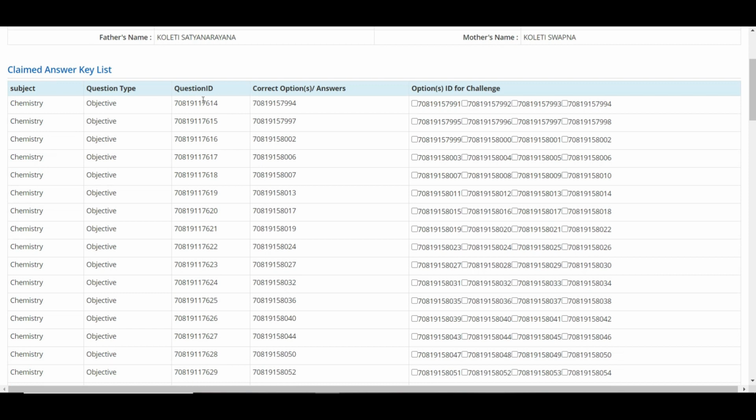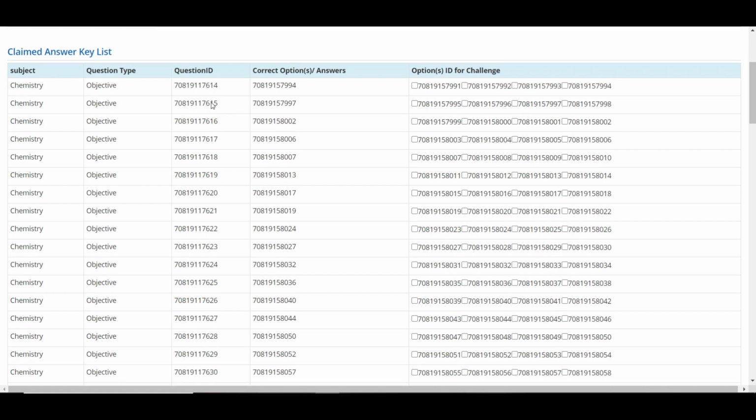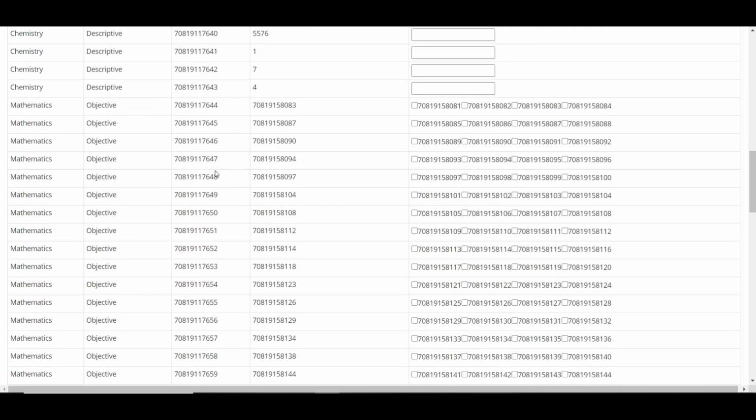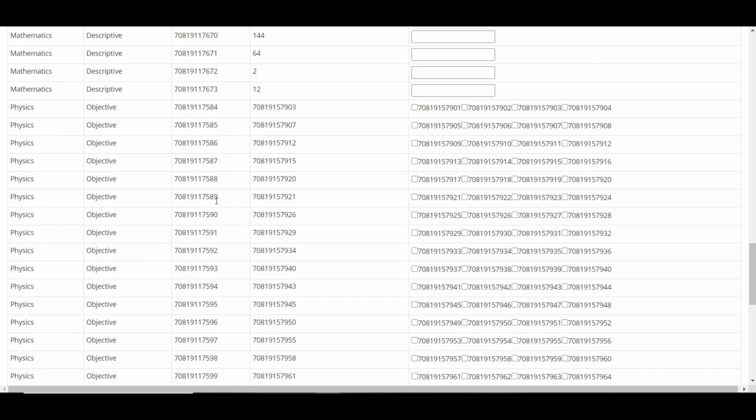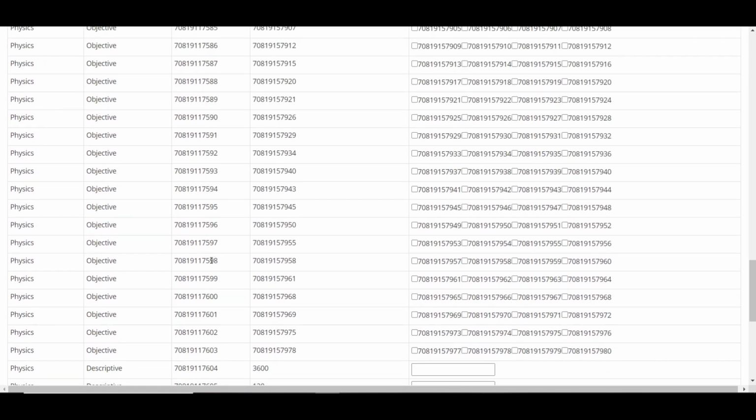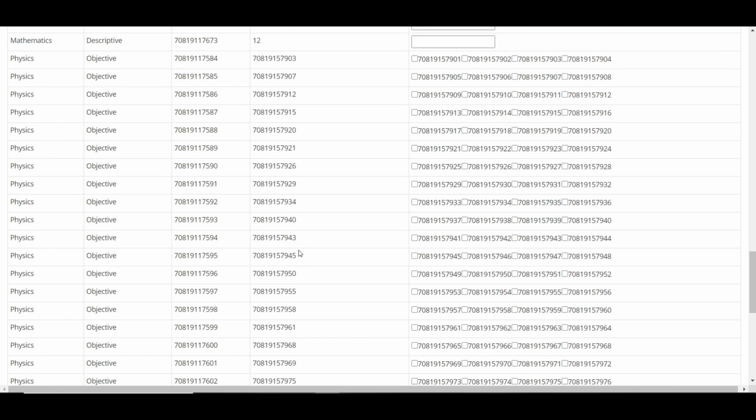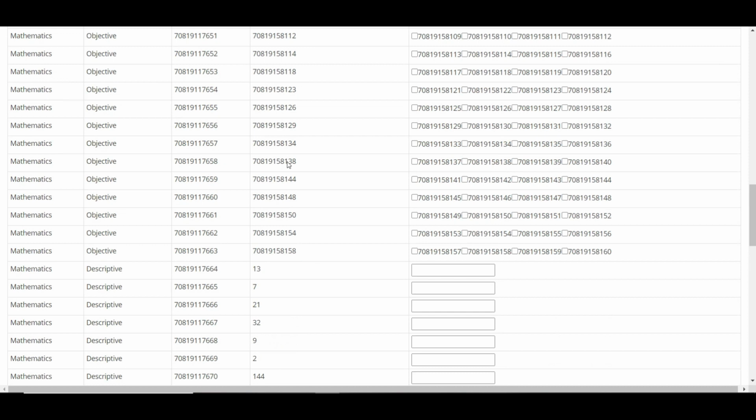So you can see here, this is the question ID, right? Now I have noted down that the question IDs are 98 and 97. So let me search for 98 and 97 here. You can see 98, okay? The option he chose was 57, but the correct option is 58. That means he got a wrong answer. For question 97, he chose option 53, but the answer is 55. So that is also a wrong answer. In this way, you have to check each and every one. This is the official answer key.